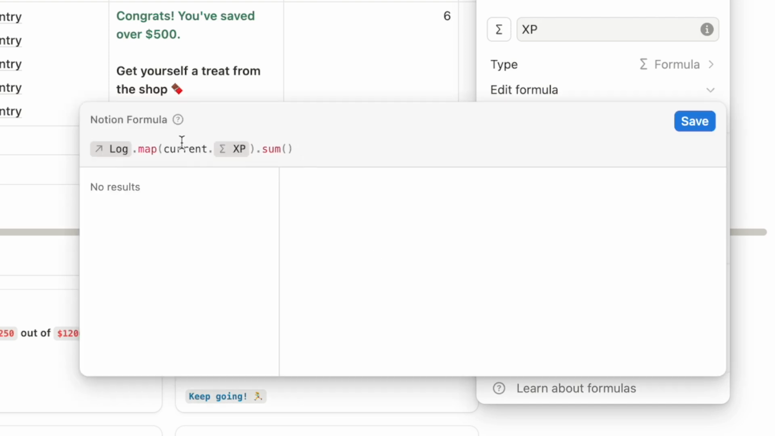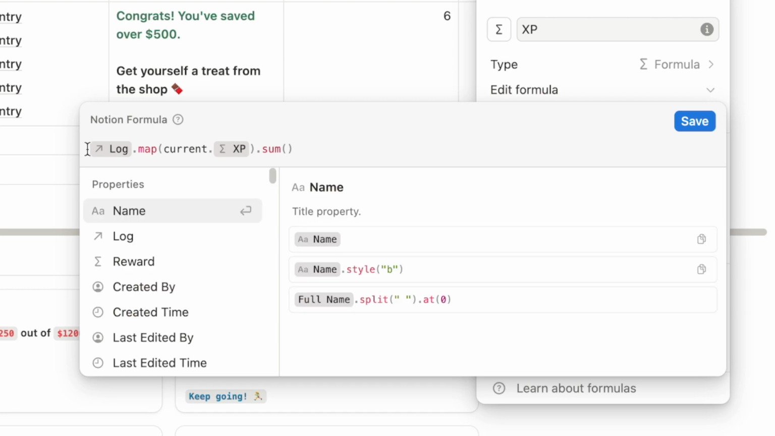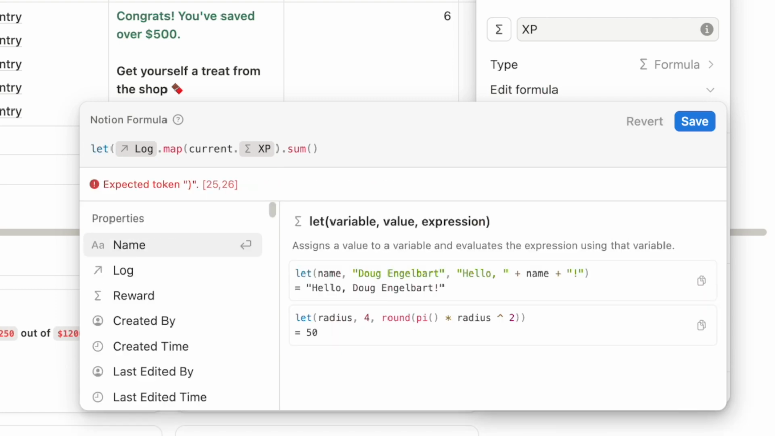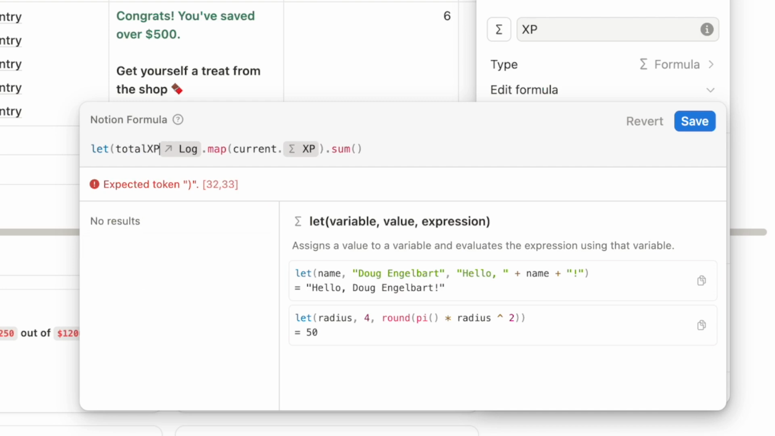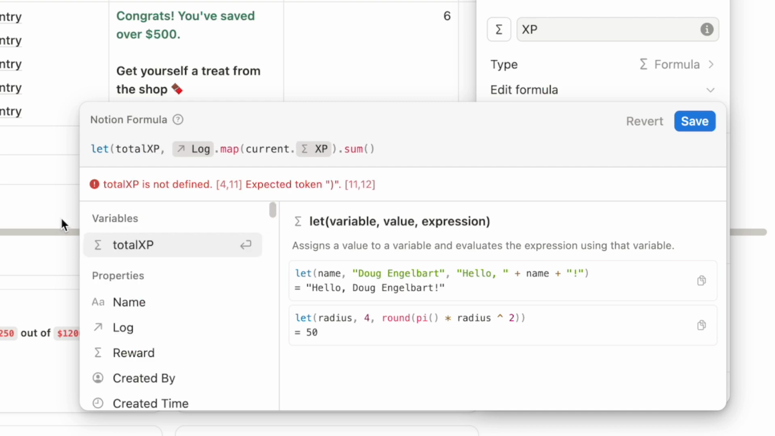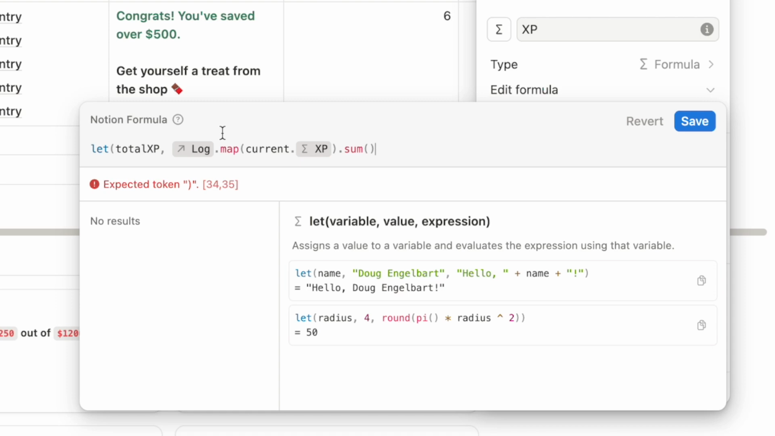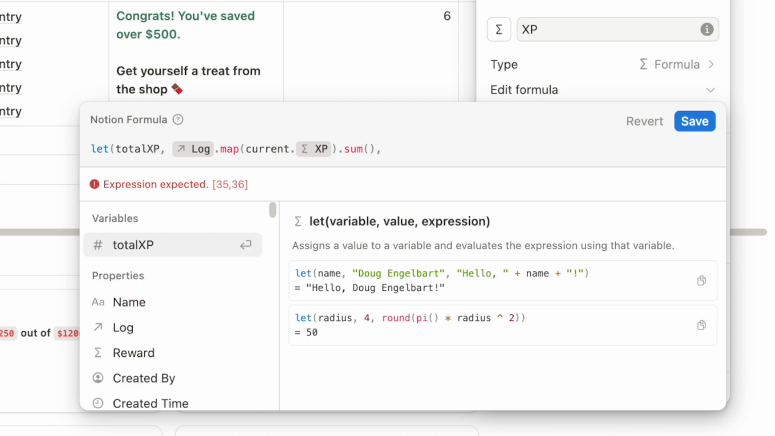So as I said, we want to turn this into a variable, which is where we give it a little code phrase that we can reference. So at the start, we're going to once again do that let function, open parentheses, and let's just call it total XP. I'm going to add a comma and a space. So this is saying let the words total XP mean this, and this is going to access our log and add up the total XP. So we're going to add a comma at the end, and I'm going to do shift and enter